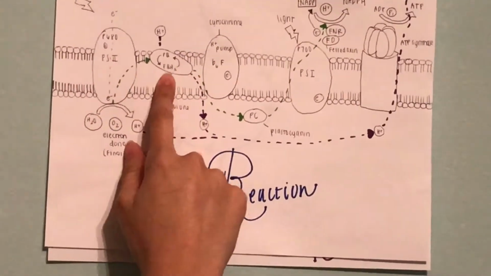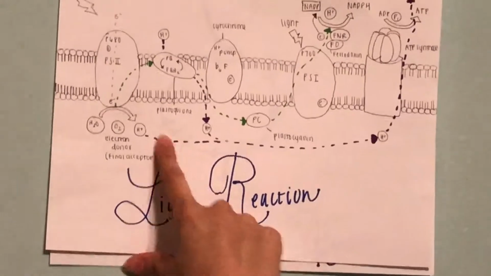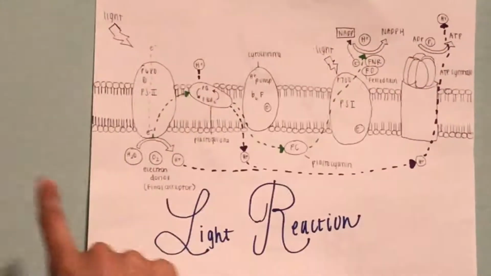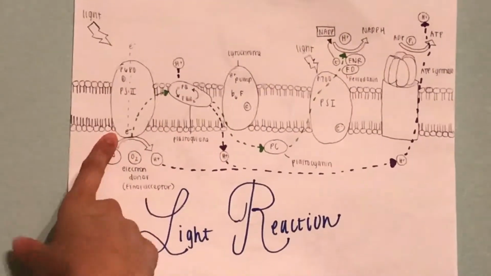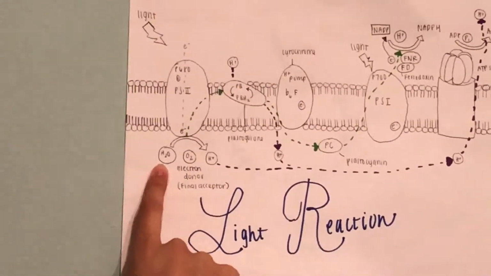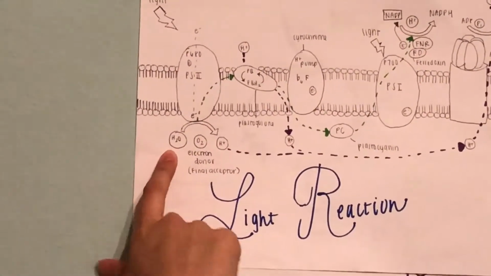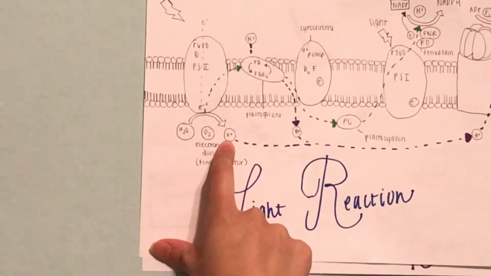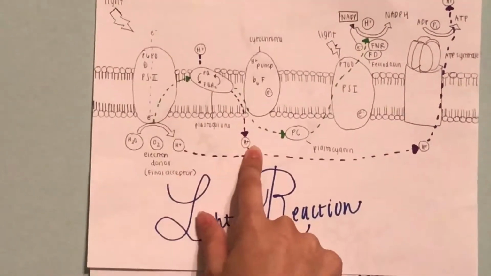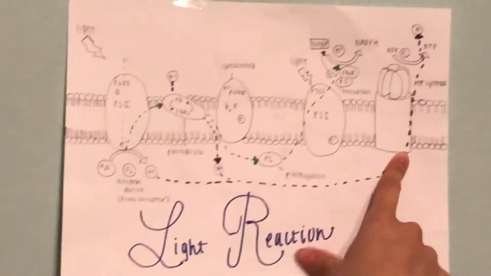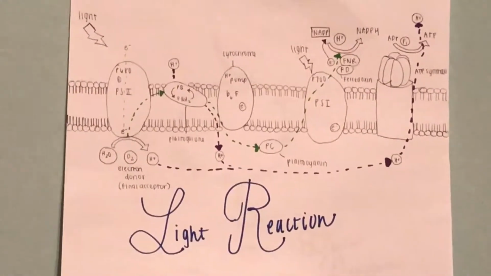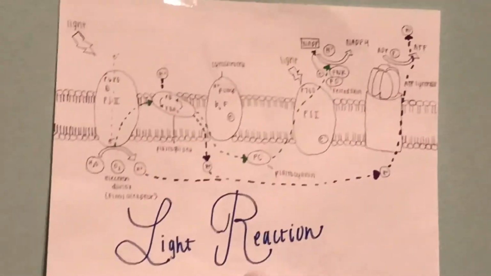From the H plus pump, we're going to have a high concentration in the lumen and a very low concentration in the stroma. So whenever the photosystem 2 loses an electron, to replace it, it's going to break apart the very stable water molecule, and that H ion is going to transfer over along with the H plus pump ions, and it's going to go up the ATP synthase, and it's going to help ADP with phosphate to transform into